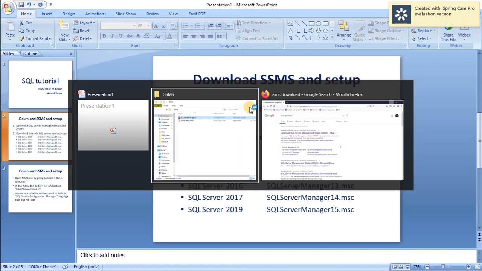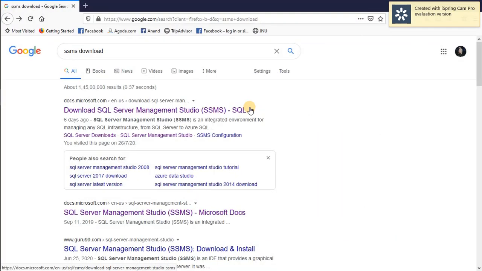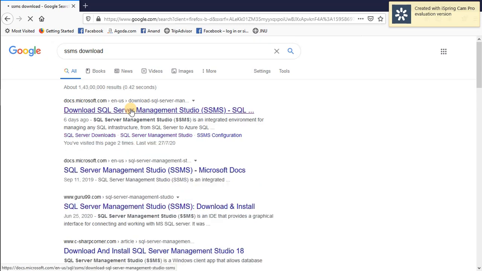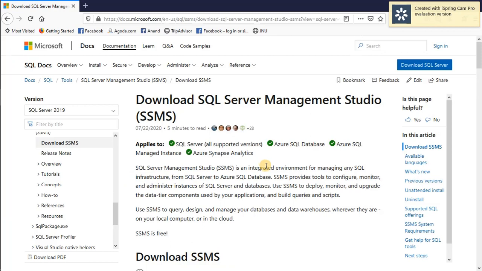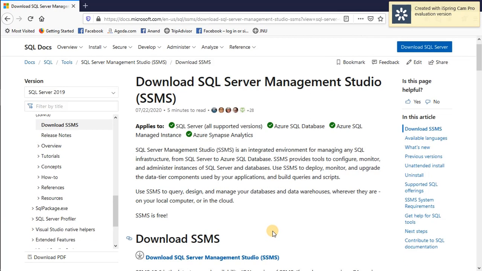We can go to Google and just type SSMS downloads. SSMS stands for SQL Server Management Studio. Once I click, a link is available, so just click on that link and scroll down.